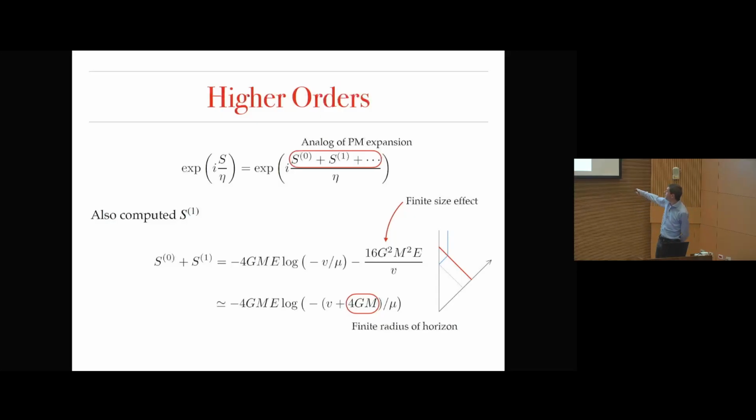Maybe this would be an interesting thing to do. The series being so simple, maybe you could just go ahead and compute all of the terms in one fell swoop and resum them. That would be great. We didn't do that, but that would be very interesting. But of course, another thing we know about this, because we have the exact solution, is that this is the right answer. And given that this is the right answer, I can always translate away the 4GM by choice of the origin V. And in that respect, you might as well neglect these terms.